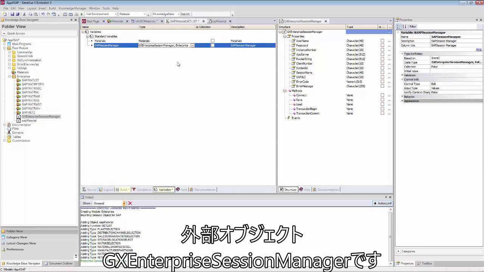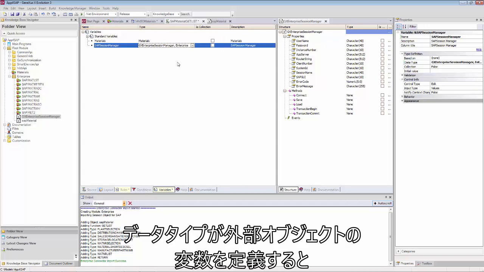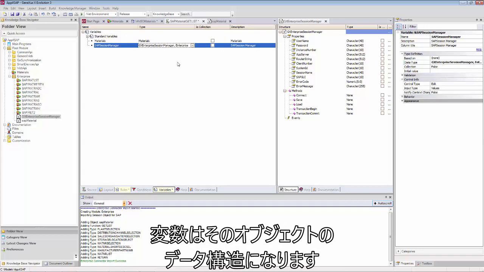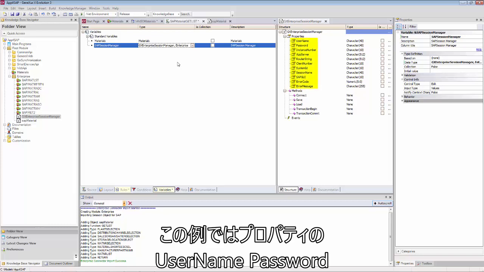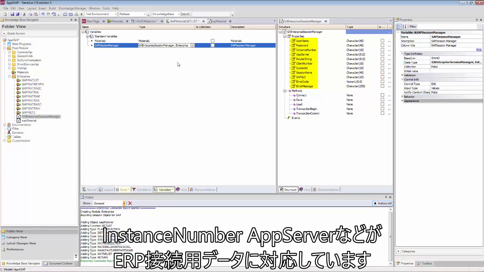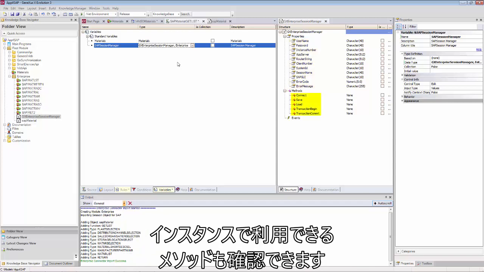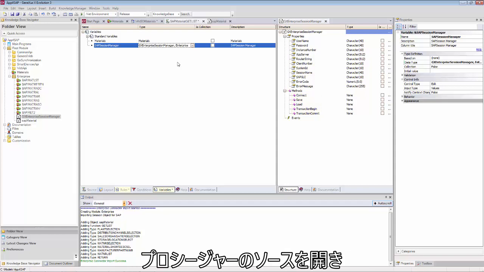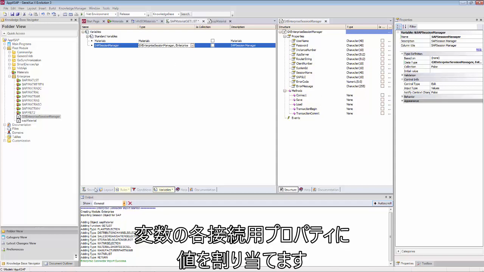We define a variable with data type. An external object causes it to be defined with the data structure of that object. In our case, the properties username, password, instance number, app server, and so on that correspond to the data of connection to the ERP, making it possible for its methods to be applied on that instance. So, we go to the procedure's source